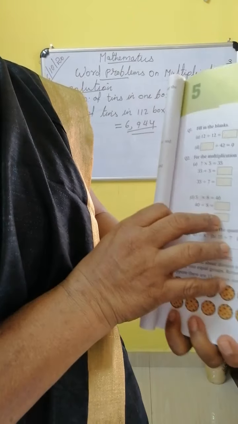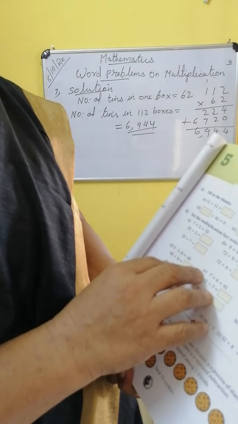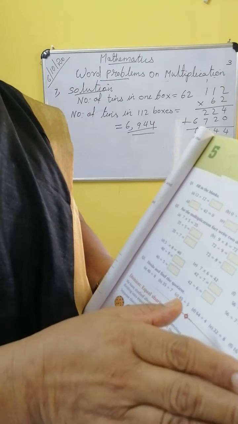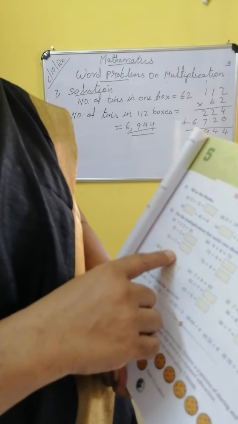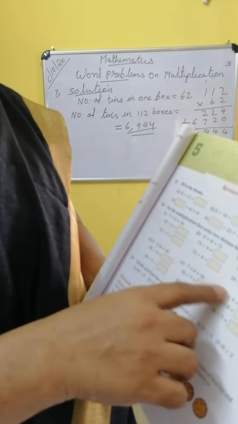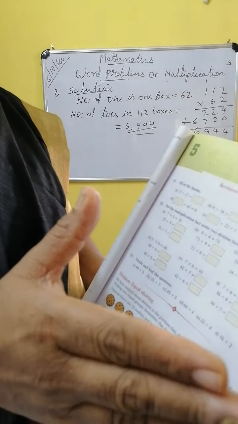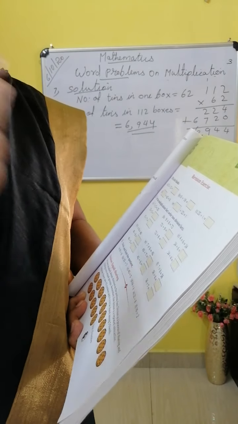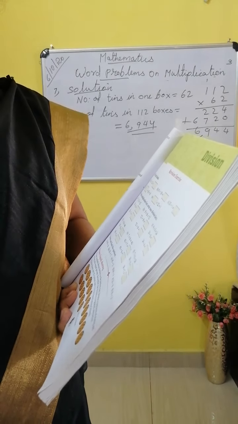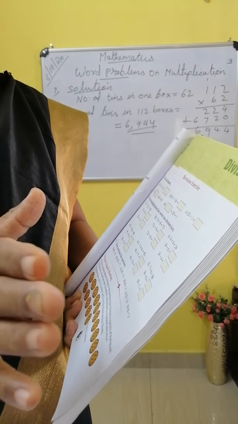Write down. Next is division. That we can study next day. See, you listen here. If you didn't study the multiplication table properly, you cannot do any division. So if anybody has not studied, you have to revise the multiplication table again very well. Then only you can do the division and multiplication.